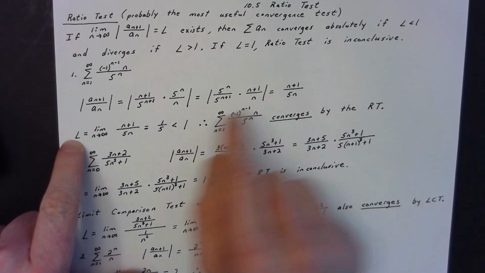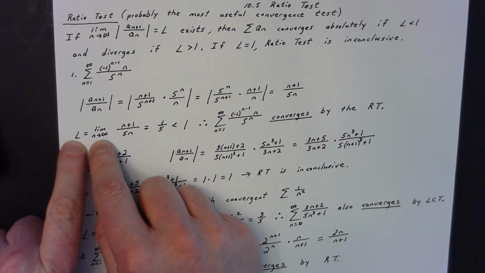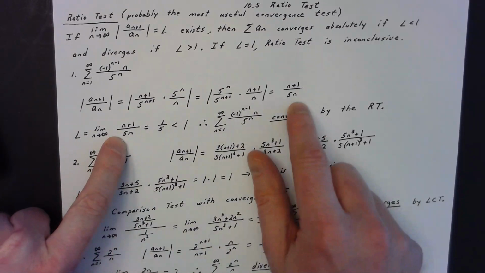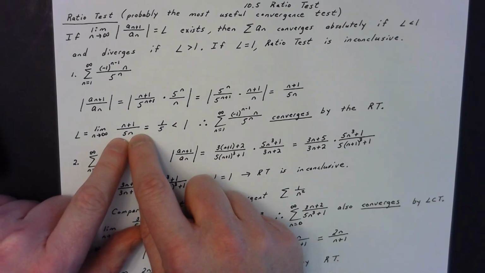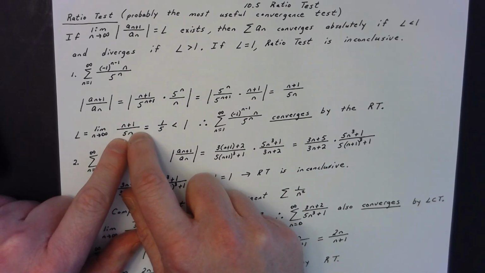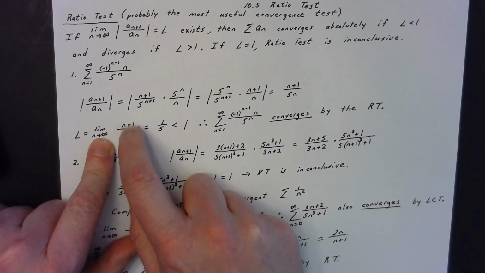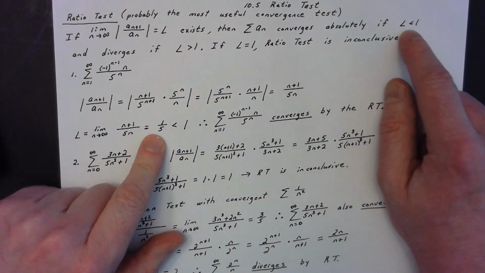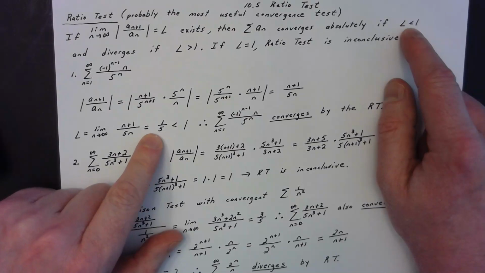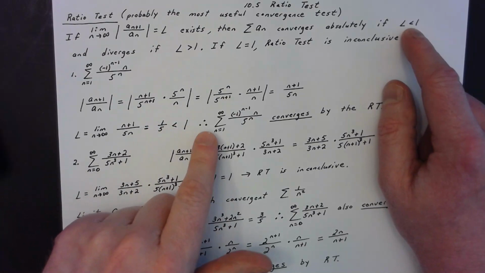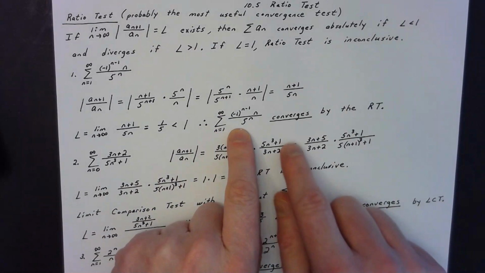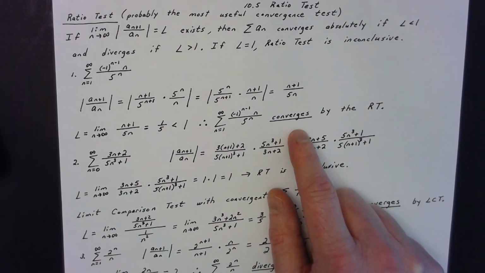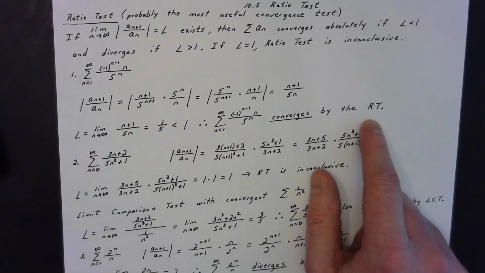Now when I look at the limit as n approaches infinity of the absolute value of the n plus first term divided by the nth term, it gives me this, which I can then see, well, if n is going to infinity, the degree of your numerator and denominator is the same, so the limiting value is just going to be the fraction of the leading coefficients, which is 1 over 5. Now, given my rule up here, anytime L is less than 1, so you'll see I have 1/5 is less than 1, therefore I know this series converges. Now I could even say converges absolutely. It's sufficient to say converges by the ratio test.